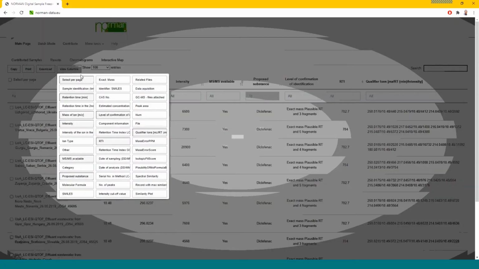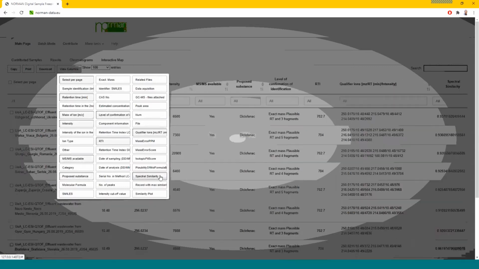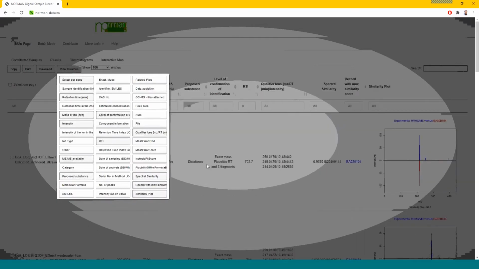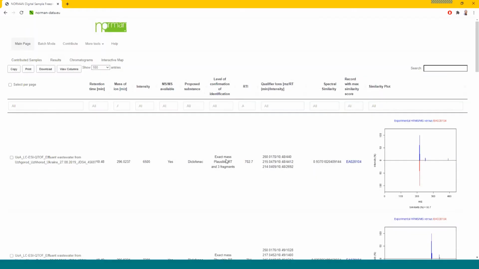For now, I would like to make the columns Spectral Similarity, Record with Max Similarity, and Similarity Plot appear. Since MS/MS scan is available, the system compared the experimental spectra with library spectra.